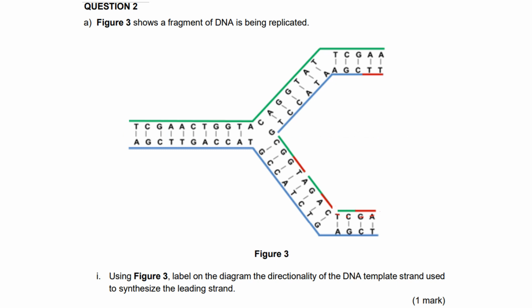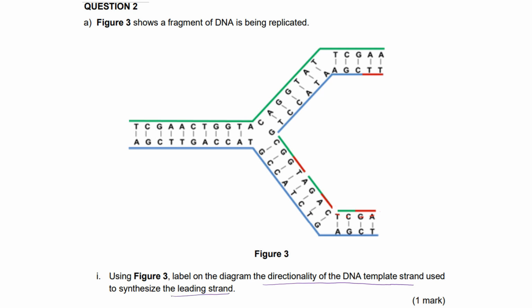Now let's discuss the exercise on chapter 1, which is genetic inheritance and genetic control, part B, structured question. Question 2A. Figure 3 shows a fragment of DNA that is being replicated. So basically for this question, you have to understand the concept of DNA replication. For question A1, using Figure 3, label on the diagram the directionality of the DNA template strand used to